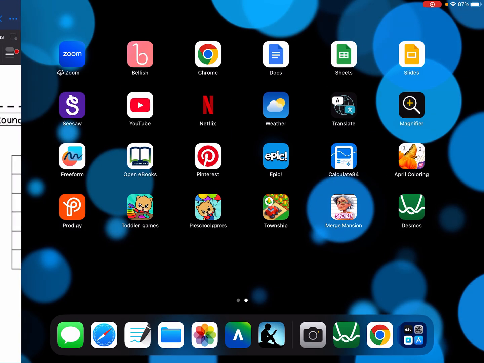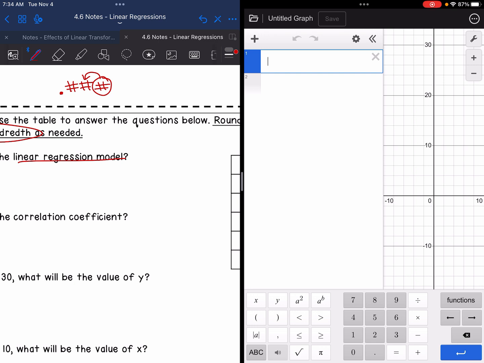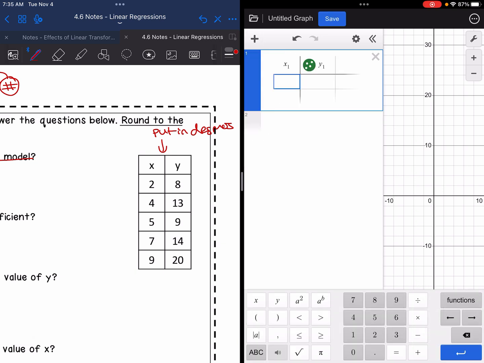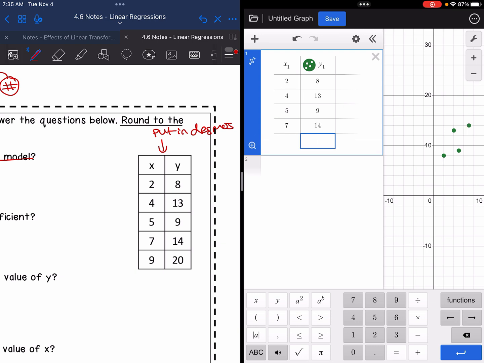Okay, let's see if I can do half screen here. And Desmos. Okay, all right, so I'm gonna type in this table. I'm pushing my plus sign. I'm clicking table. And then I'm gonna type in what I've got. So I had 2 for my x, 8 for y. Go down, I had 4, and then 13, 5, and 9, 7, and 14, 9, and 20. Okay, so you want to go through and make sure you double check your table